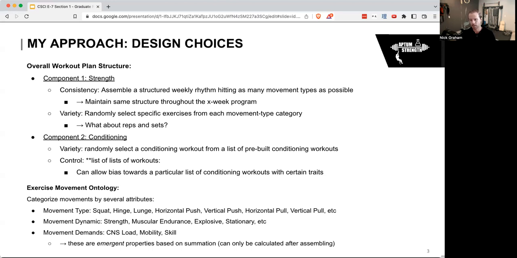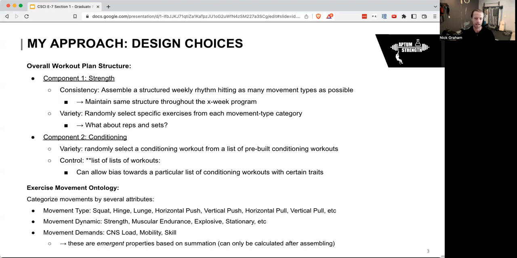And so type is just what type of movement is involved: a squat, a hinge, a lunge, a horizontal push. That would be something like a bench press. A vertical push, like an overhead press. A horizontal pull, that would be like a dumbbell row. Or a vertical pull, something like a pull-up or a rope climb. Then, movement dynamic. So a movement focused on strength, muscular endurance, an explosive movement, a stationary movement, like a